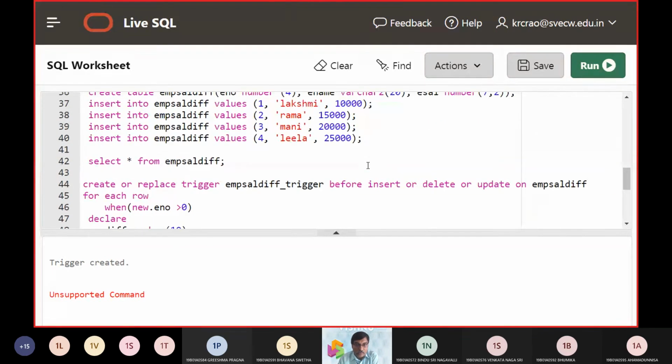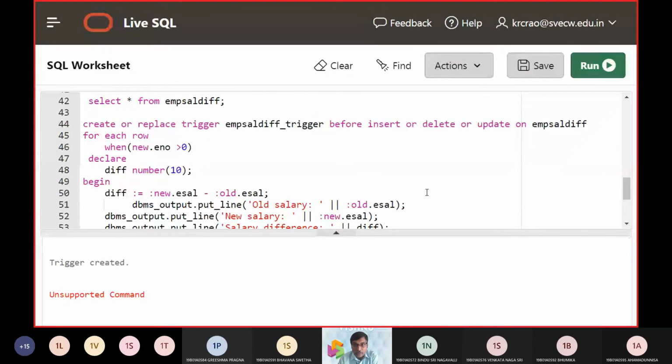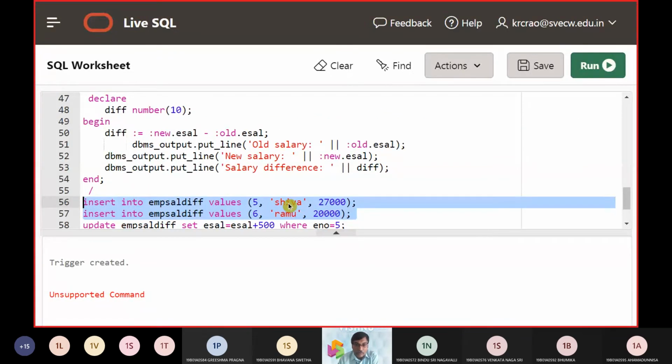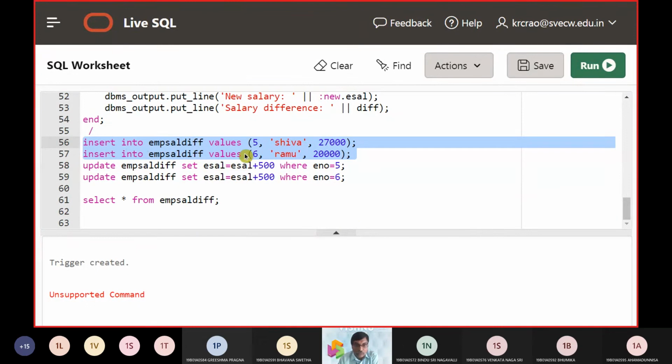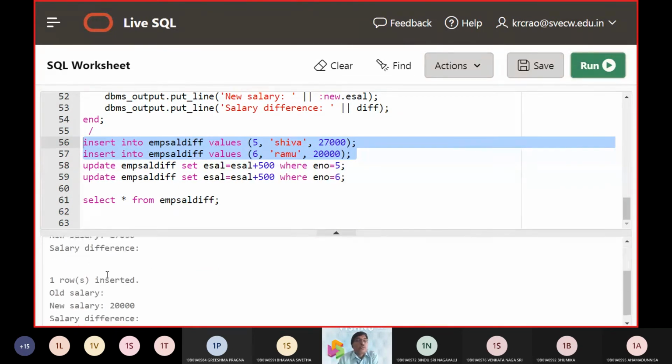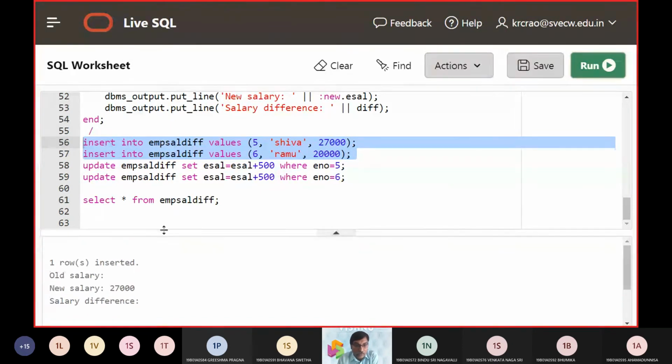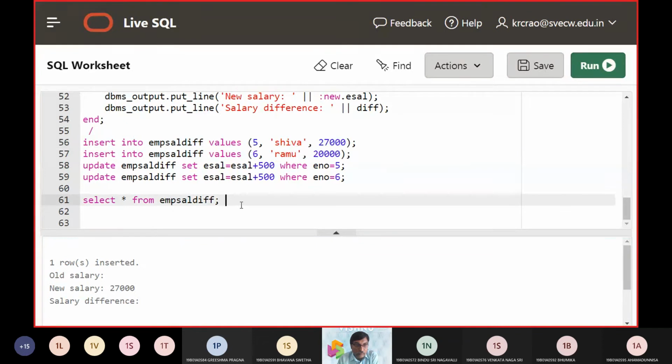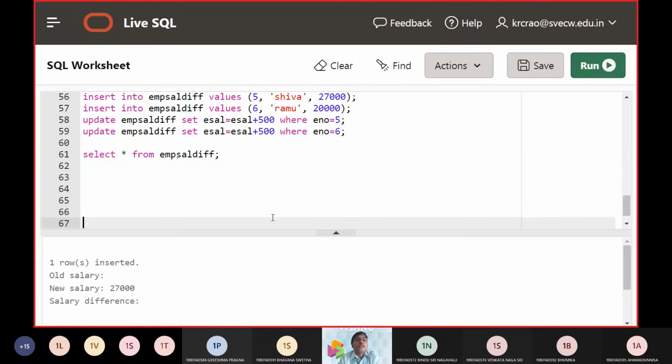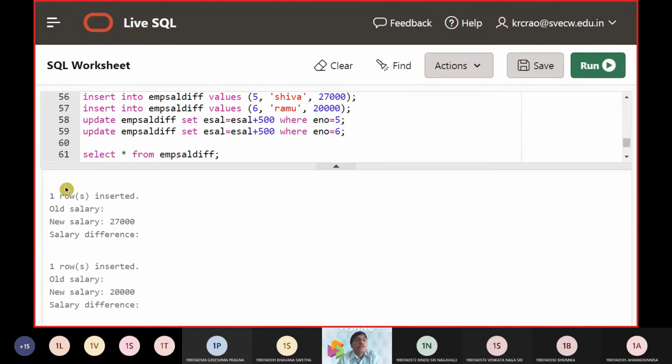So now you can see here what should happen. So before insert and after insert, it should fire a difference value, but there is no update operation as of now. So what is going to happen is you won't find much change here. So the difference is going to be 0, because there is no update of the value. Because there is no update of the value, you will not find any change here.